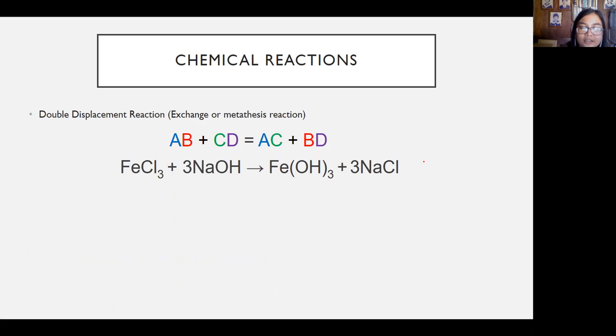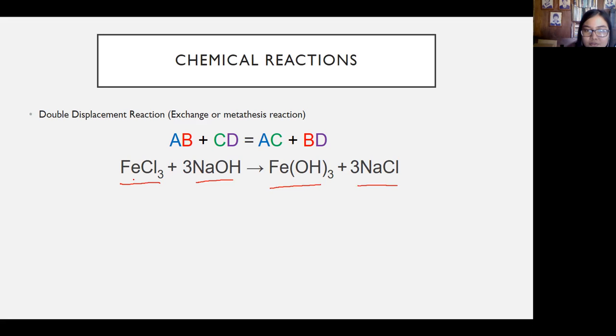For another chemical reaction type, we have the double displacement reaction, also known as exchange or metathesis reaction. This follows the formula AB plus CD is equal to AC plus BD. Here's the example. Yung ferric chloride natin, i-react natin with sodium hydroxide, and nag-form siya ng ferric hydroxide and sodium